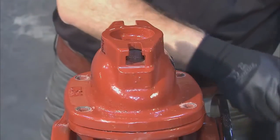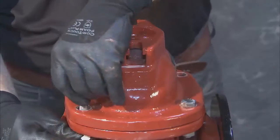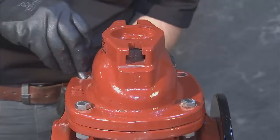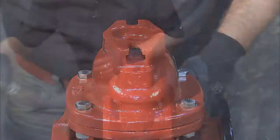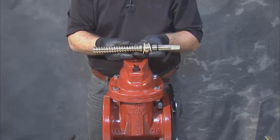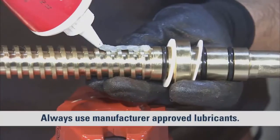Start by placing the cover on the body and aligning the bolt holes of the cover with those of the body. Insert the hex bolts and nuts into the corresponding holes, leaving them loose in case you need to shift the cover. The next step will be to verify the placement of O-rings and thrust bearings, and, using manufacturer-approved grease,